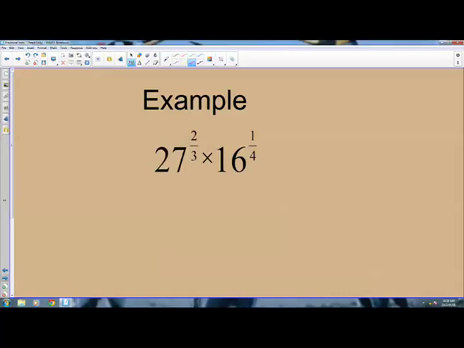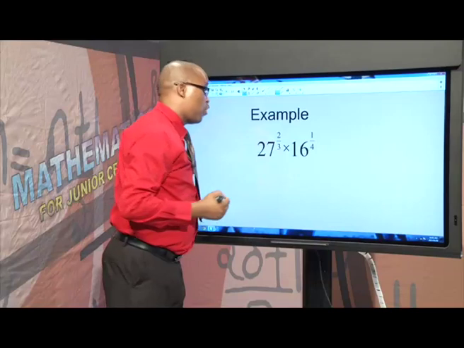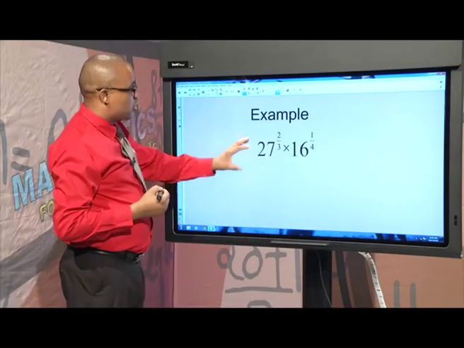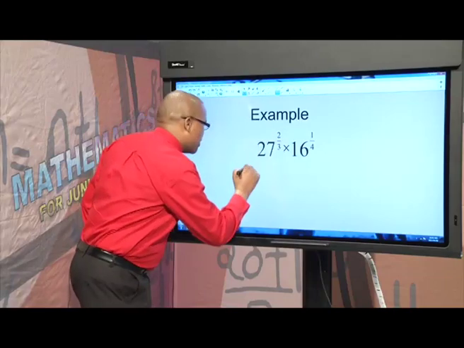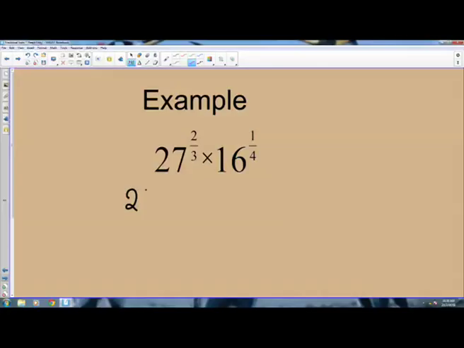Here, this first part is a fractional index. The second part, which is 16 to the power 1 over 4, is also a fractional index, and we need to evaluate this. We will start by evaluating what 27 to the power 2 over 3 is. This is simply saying find the cube root of 27, and then after finding the cube root of 27,